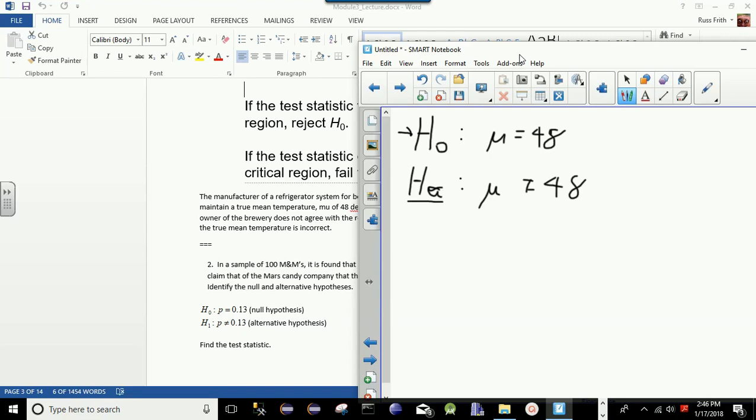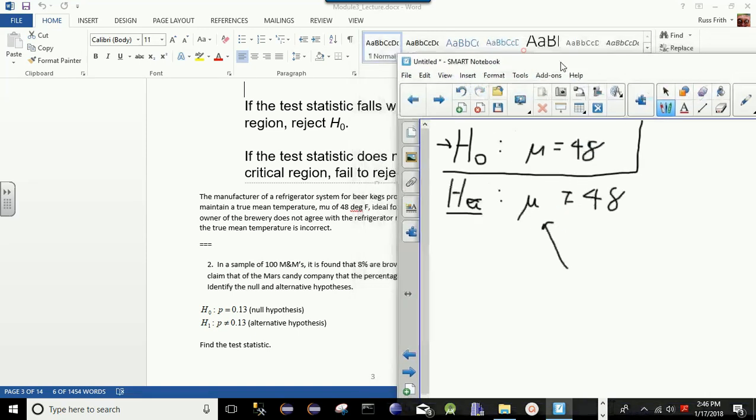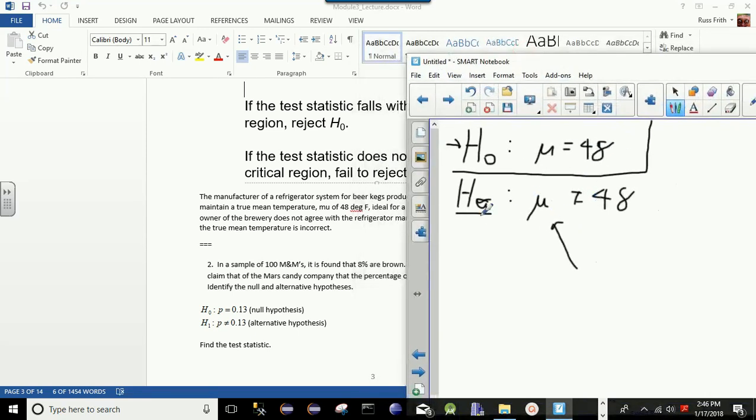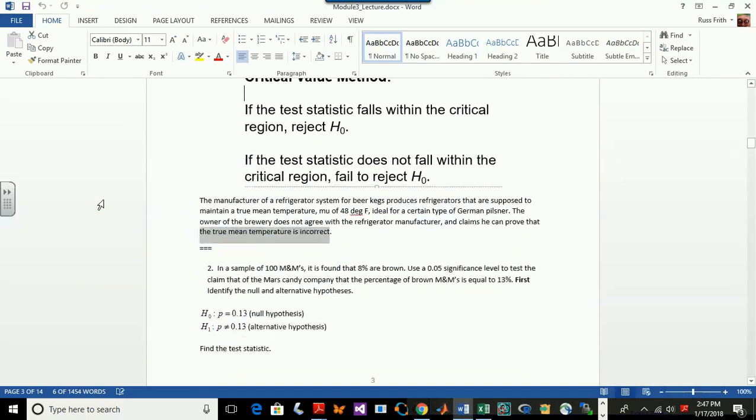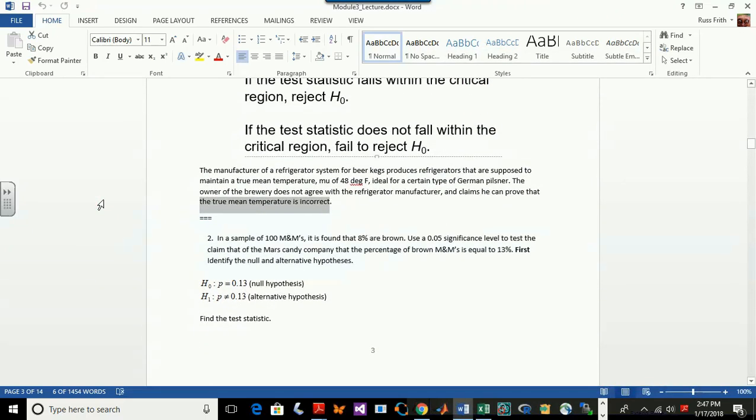So this is the formulation of the null and alternate hypotheses. You have the ubiquitous scenario, and then some guy comes along and challenges the commonly held belief that mu is 48. Okay, somebody takes exception. The alternate hypothesis is an exception to a standard setup. Okay, so let's do some computations that you'll need to perform for